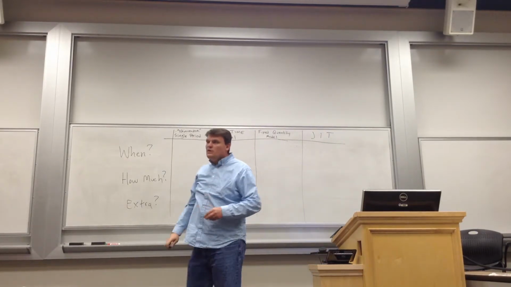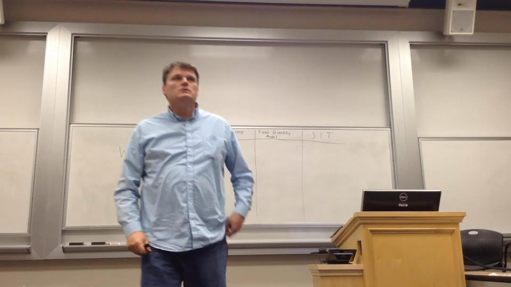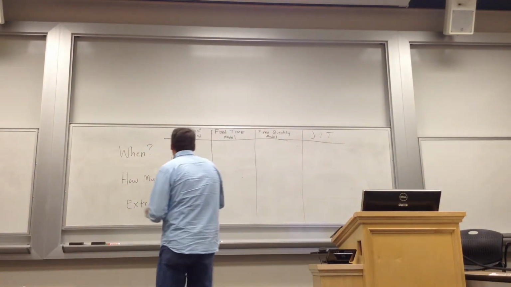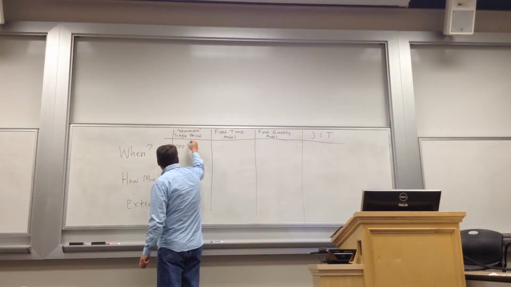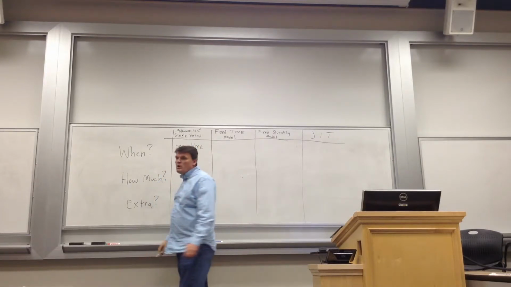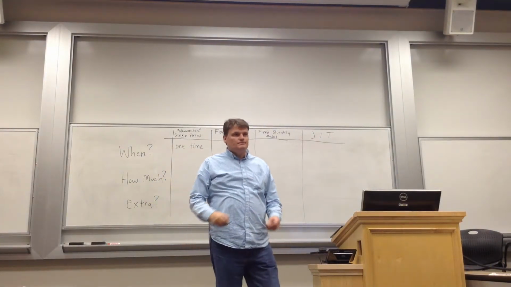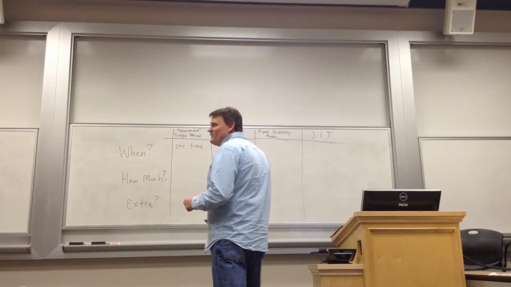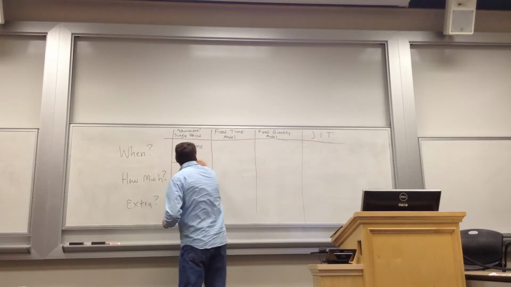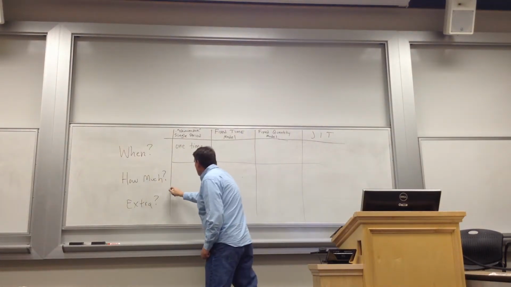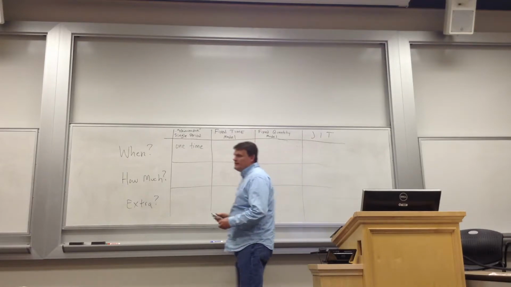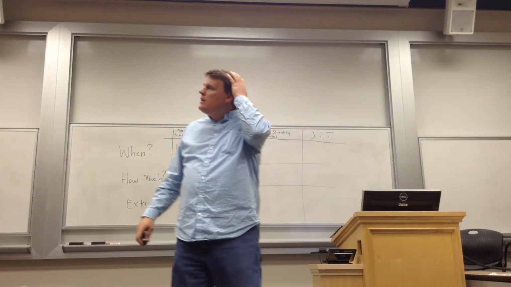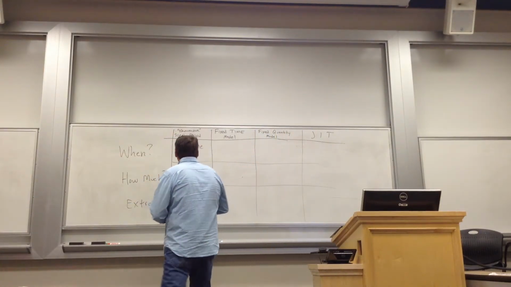Okay. Single period model. When do we order? One time. Examples: events, weddings, football games, funerals. That would be odd. Okay, how much do we order? A lot. I guess it depends on the thing. Isn't it the cost of underestimating divided by the cost of underestimating plus the cost of overestimating?